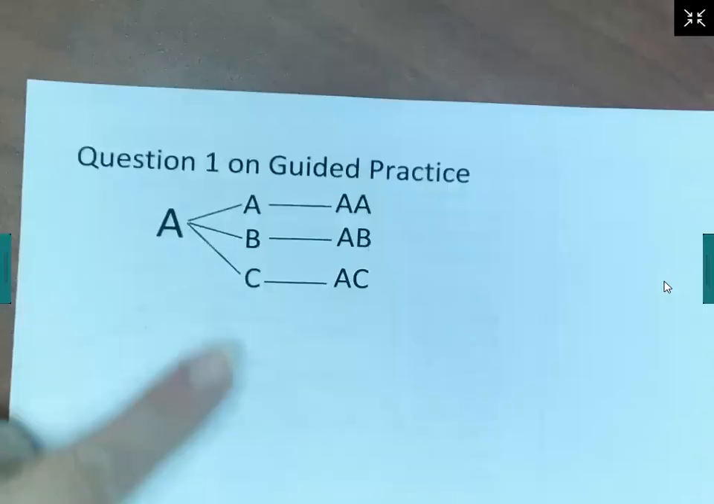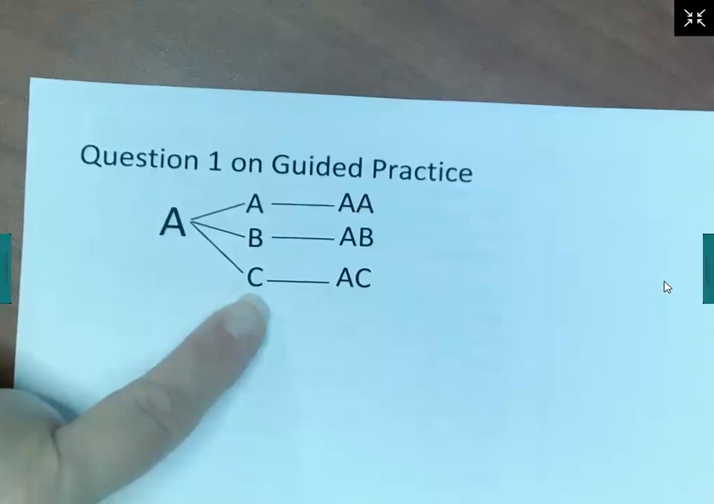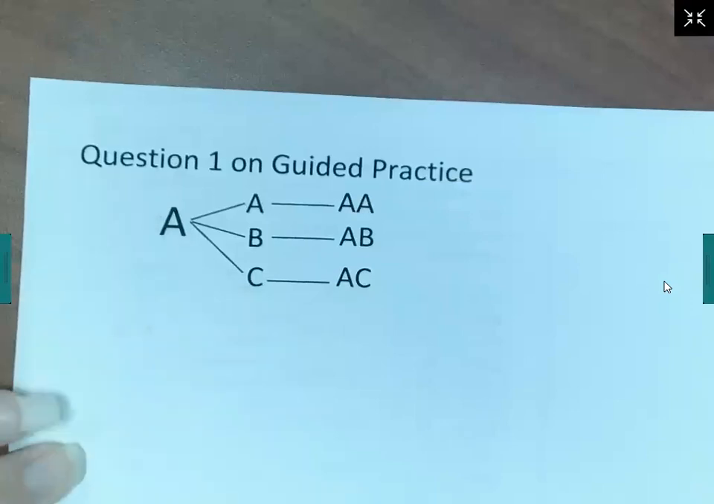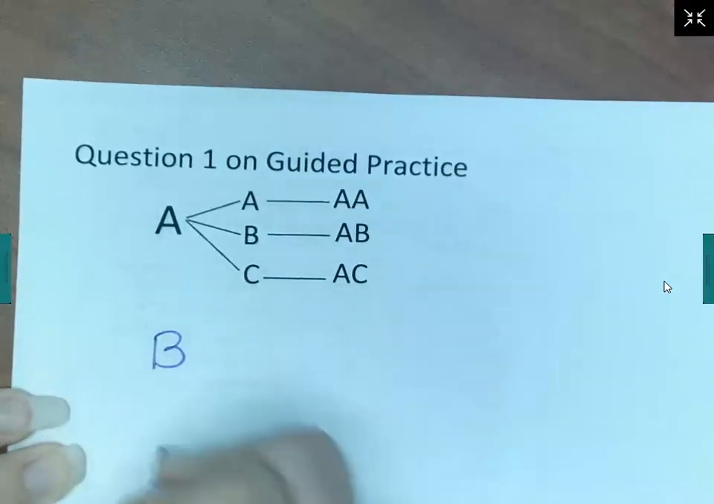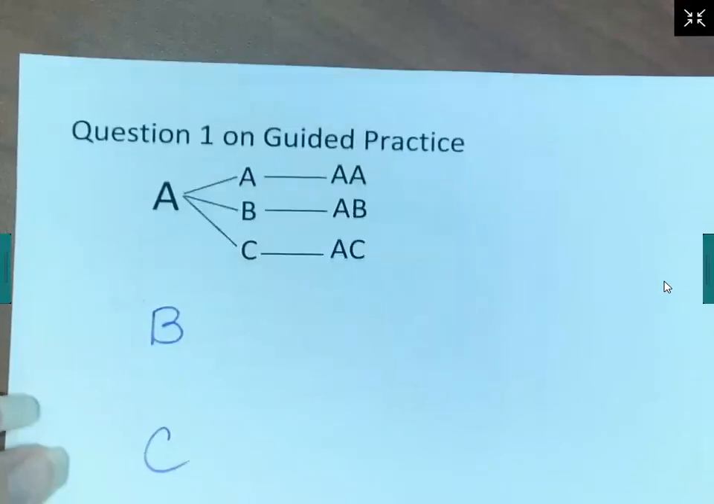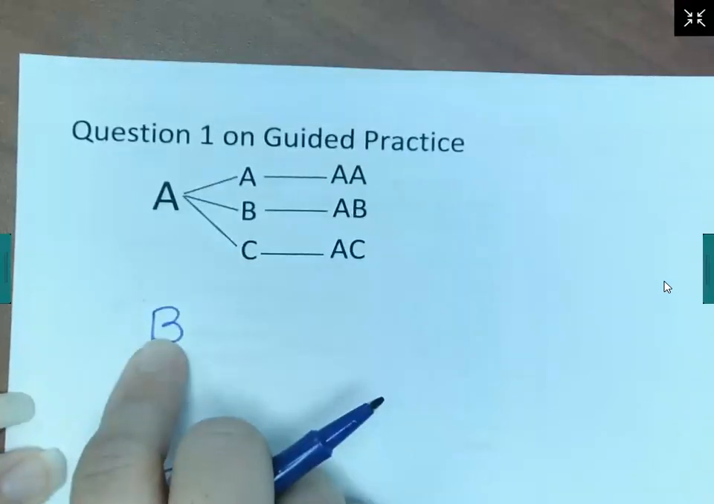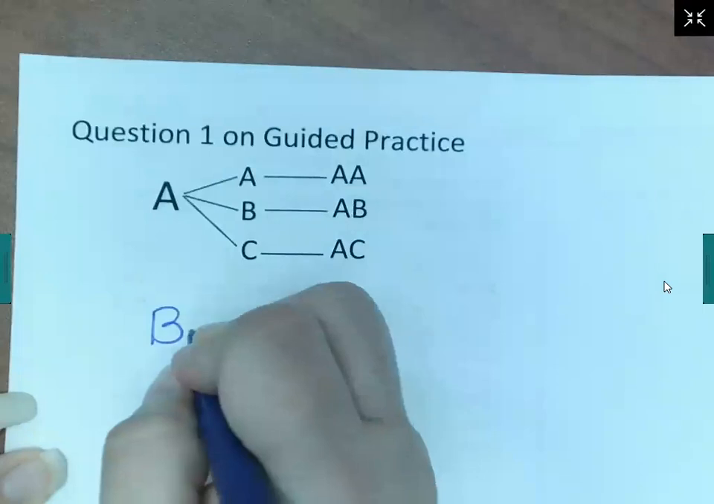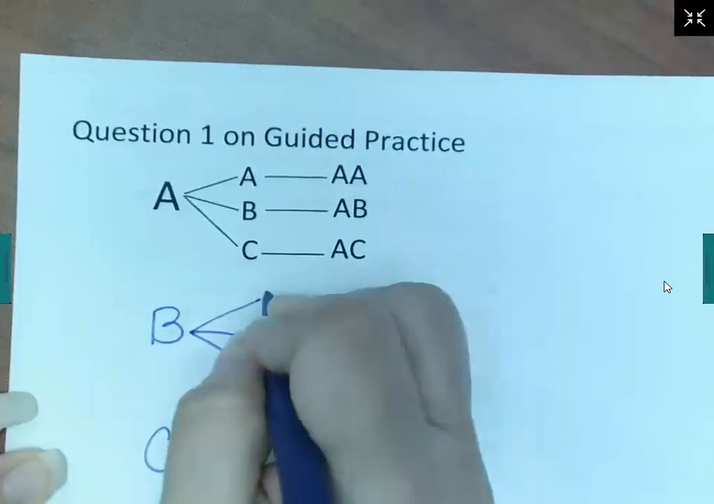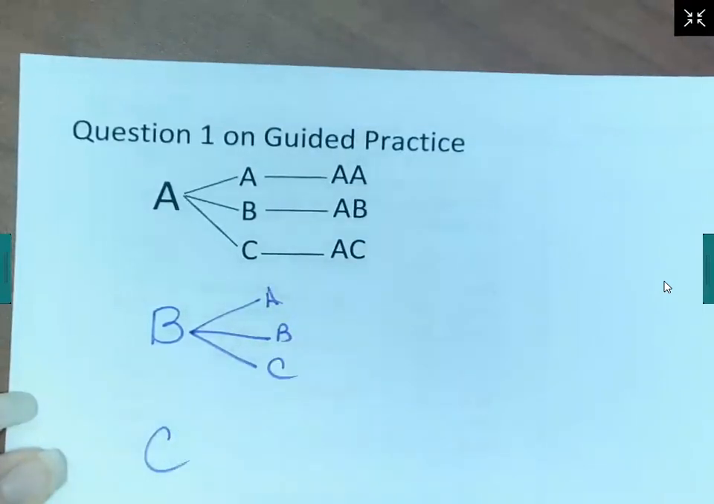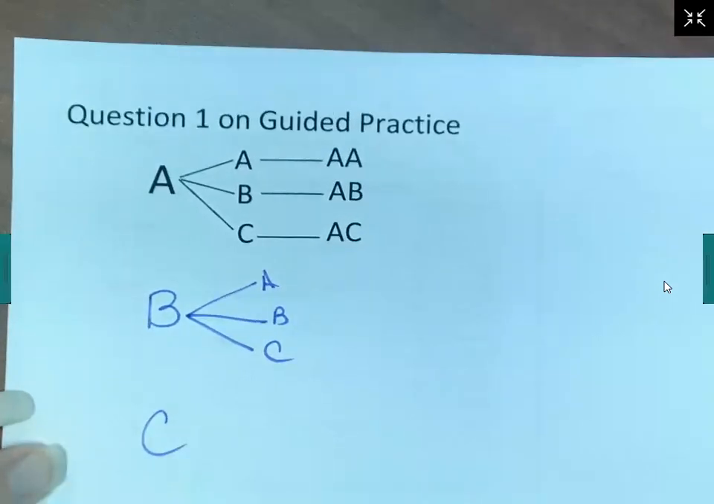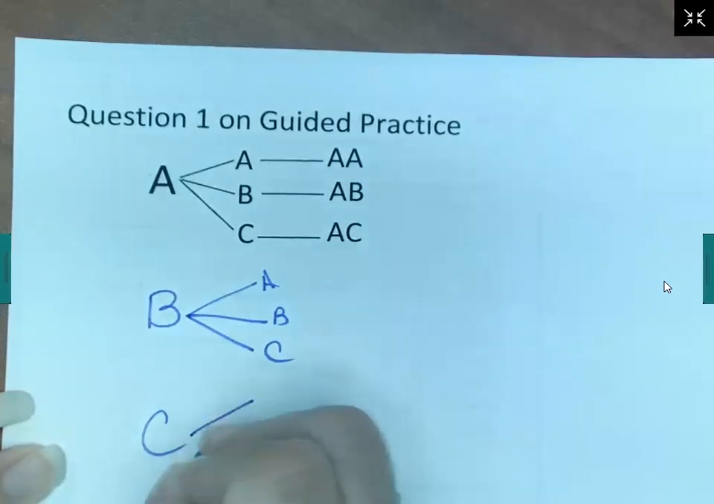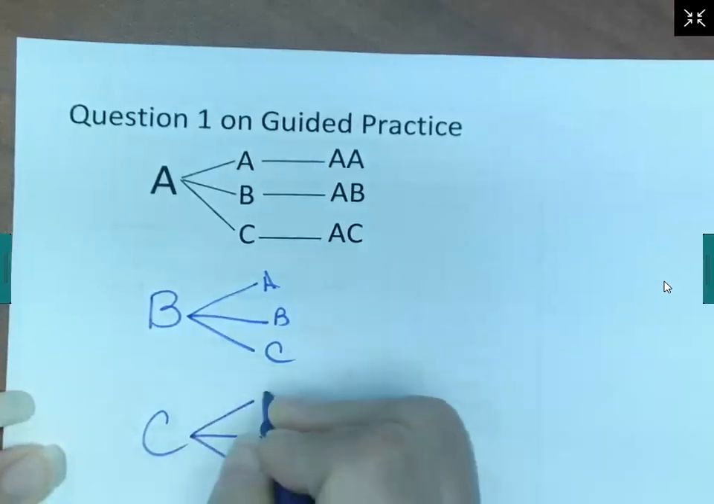If you're here in class, you have something that looks like this. I started it for you. So if I spin B, I get B the first time. What could I get the second time? A, B, C. And if I got C the first time, the next time I could get